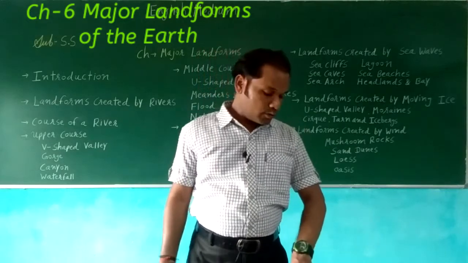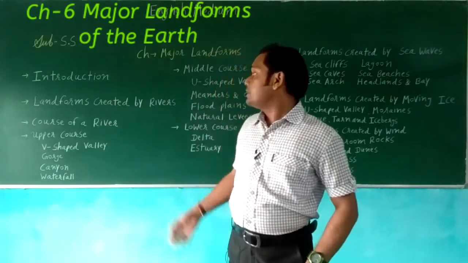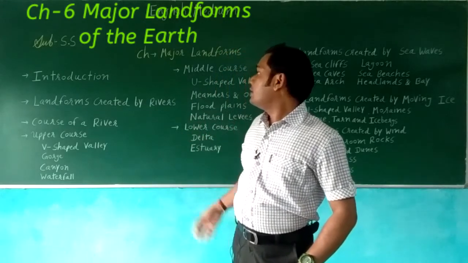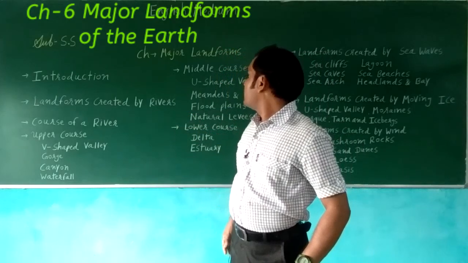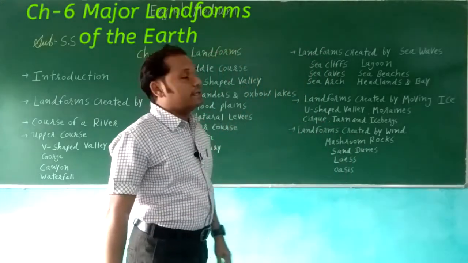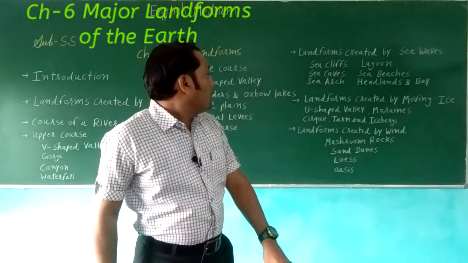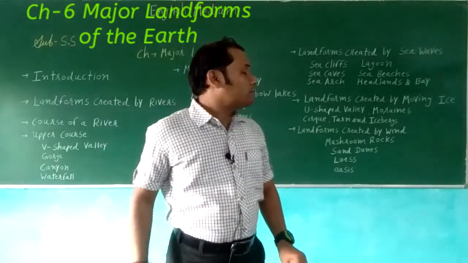So this is the nice chapter about the major landforms created by the rivers: the course of the river, then upper course, middle course, lower course, then landforms created by sea waves, landforms created by moving ice, and landforms created by the